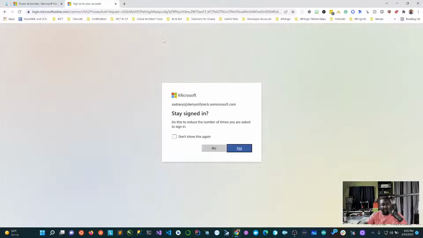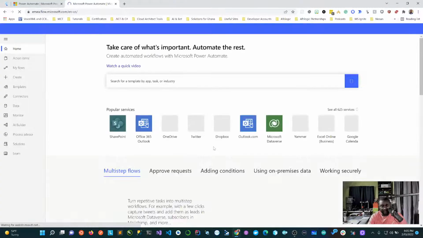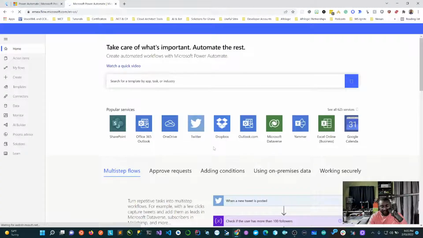So for those joining us, thank you very much for joining us. And I'll ask the question again. Do you have any questions pertaining to Power Automate? Do you have any scenarios pertaining to Power Automate you want me to showcase, or you want me to try to use Power Automate to solve, so we can learn on the project? I would be glad to show you that.